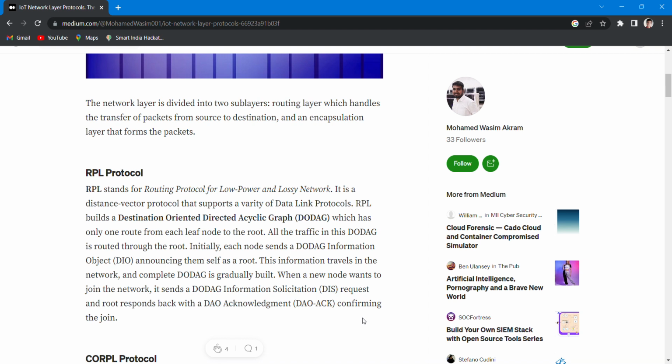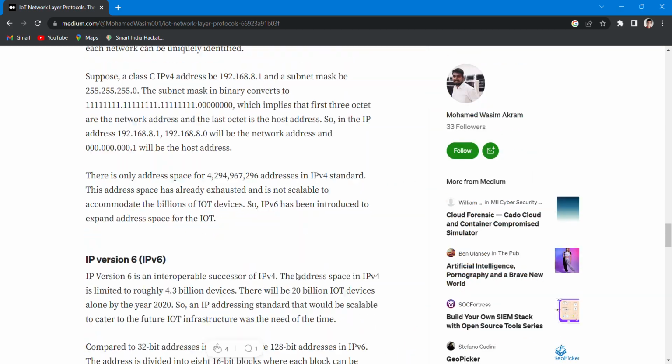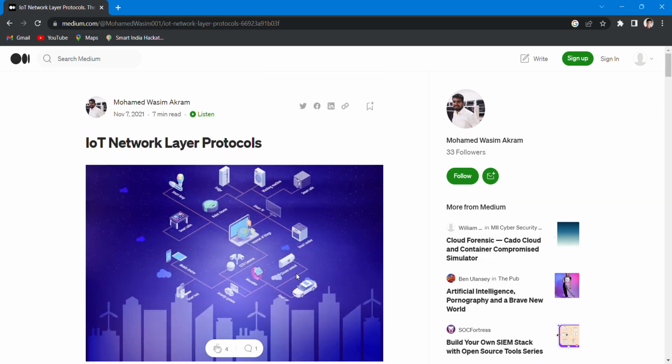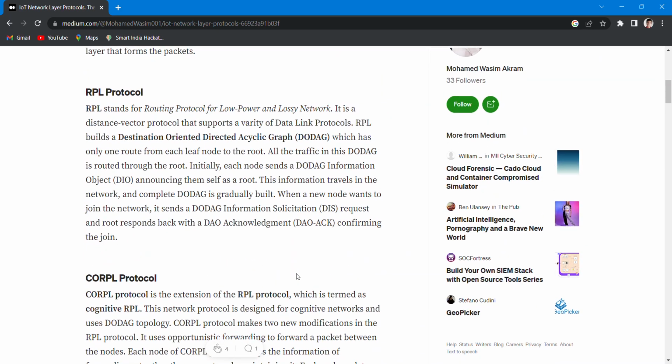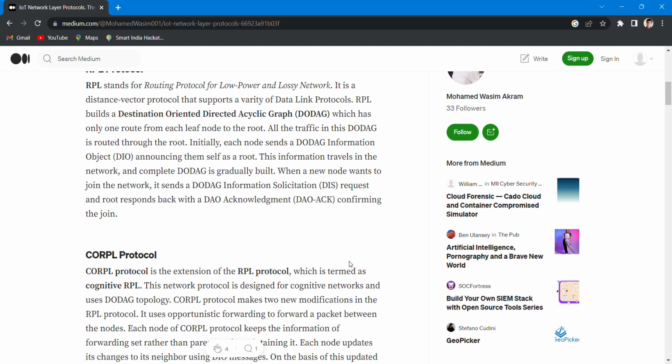Now we will see what is the DAG and DODAG. Here we see Destination Oriented Directed Acyclic Graph. So we will discuss what is DAG and what is DODAG. They didn't explain what DAG and DODAG are, but I will discuss a little bit of information. I know that DAG is a data structure similar to the DODAG,